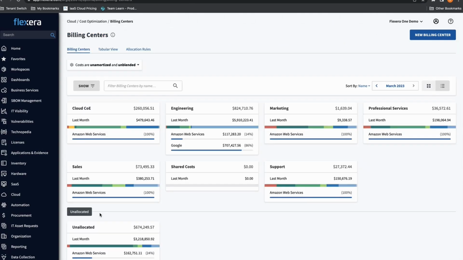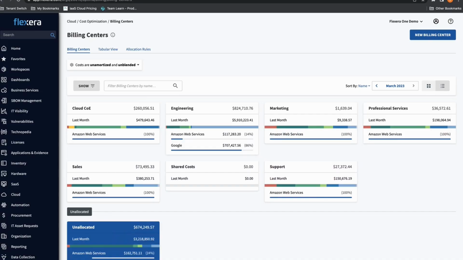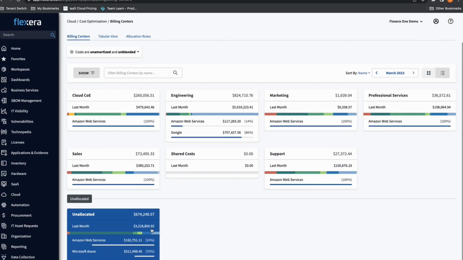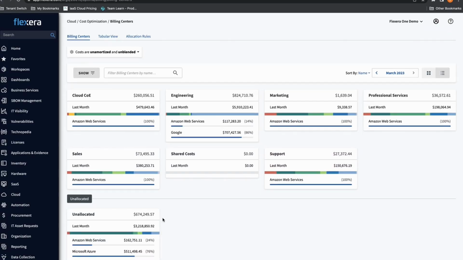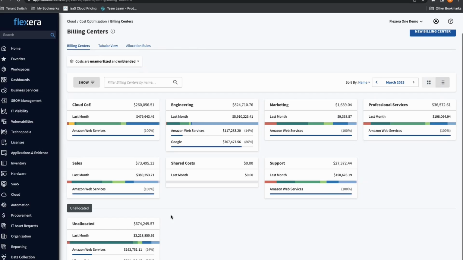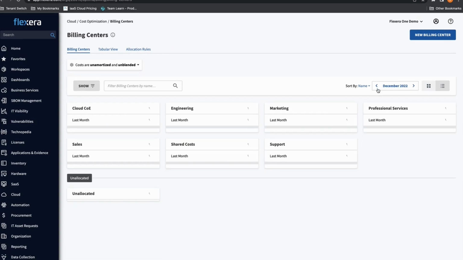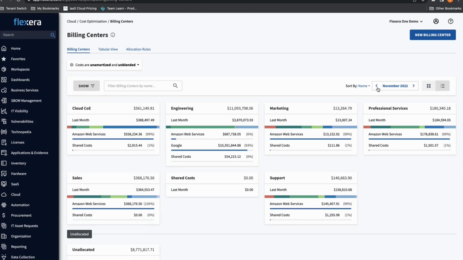At the top level, you will have this unallocated bucket. So you're going to see what spend is in here. Again, great KPI. It's a great one to run a policy for, to say, what is the unallocated cost as a percentage of total spend? You could set an alert around that or whatever you wanted to do. You'll see that you can also go look back and forward in time from the allocation of cost here. So I can scroll through, into last year or whatever I want to do with the billing center